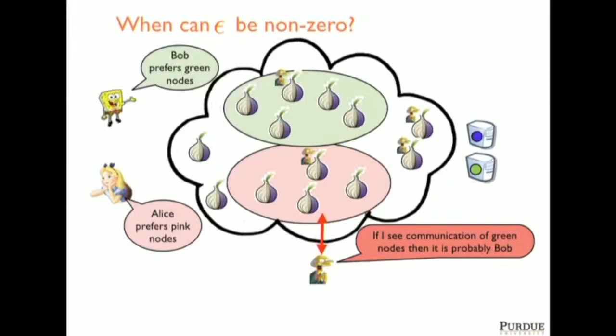And to make it understand, let me just give an example of why we see this multiplicative factor here. Okay? Let's say typically an adversary has auxiliary information that there are two users, Alice and Bob. Okay? And let's say Bob prefers green nodes. Let's say green nodes show US, and let's say pink nodes show they are nodes from Europe. Okay? And the idea is that typically Bob prefers the nodes in US for his communication, while Alice prefers the